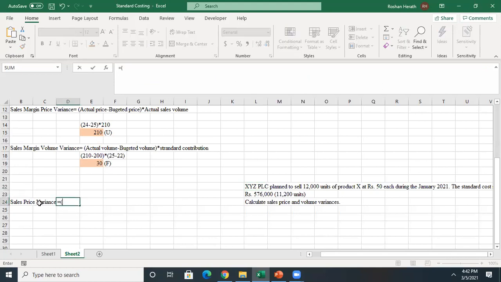When it comes to sales price variance, it's all about, very correct, it's absorption costing. Because the standard profit is what was given, very correct, good job. So here it's about the sales price variance: actual price versus standard price, no? And that is into the standard or budgeted price, we call it